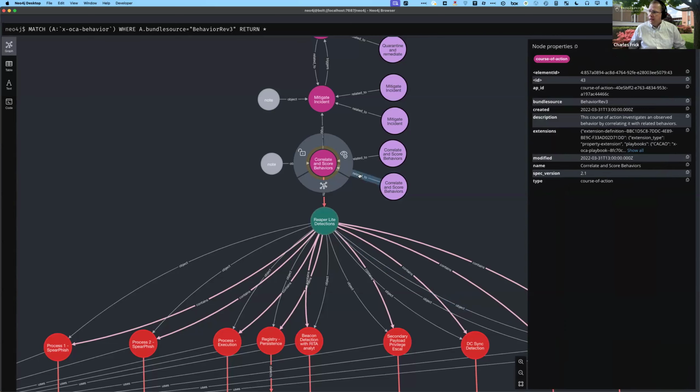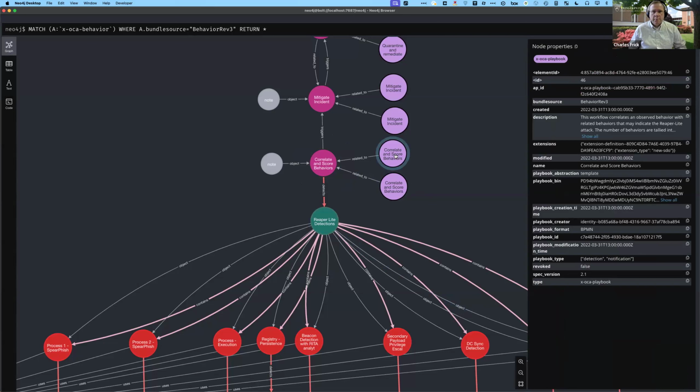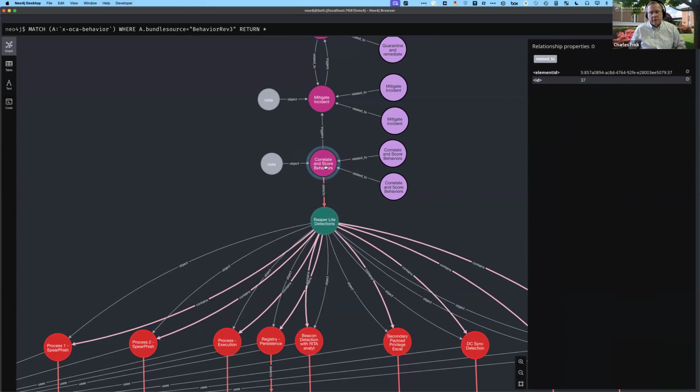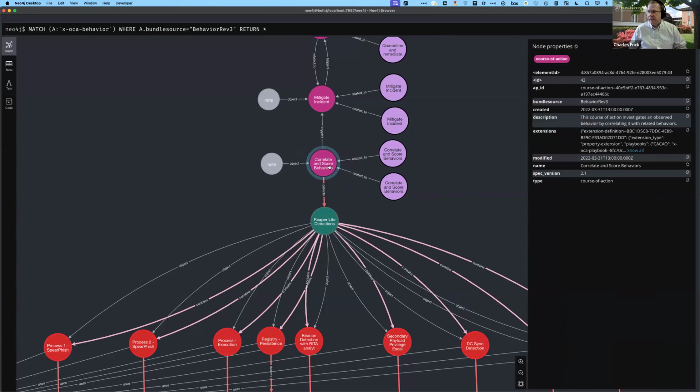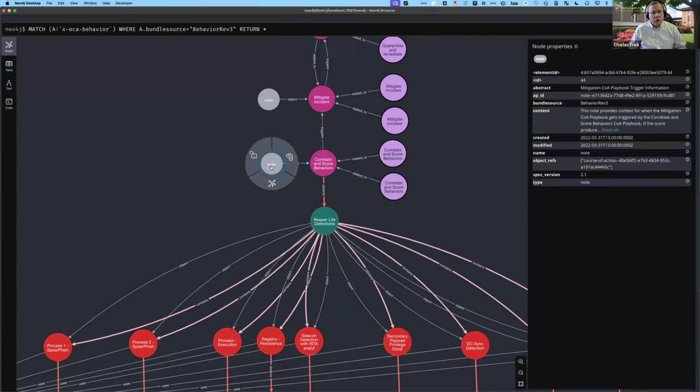And so what you'll see is the course of action SDO that then has playbook options, playbook objects that are related to it. And here we're still showing examples in both BPMN and Cacao. And that allows us to still hold the correlation workflow. But what we also now have is related to the course of action object. We're using a note SDO that will let you know